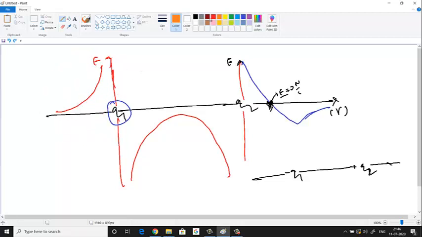When will you get it? If we consider this as negative, then the electric field lines are towards the right side. Right side means what? When the electric field is towards the right side, it is positive. So positive means which quadrant? This quadrant, which is given in the graph already. So this is correct. If it is negative, it is satisfying. This graph is turning out to be at the correct position only if q1 is negative.